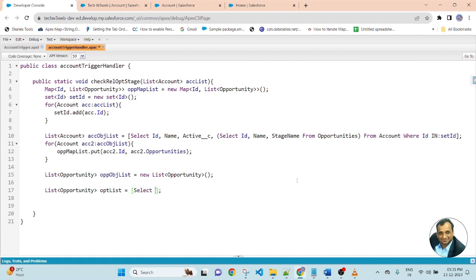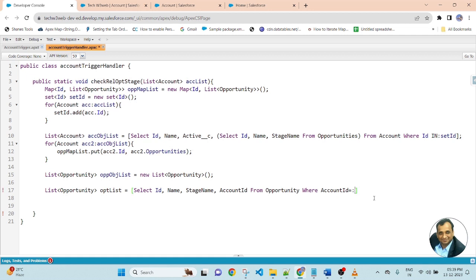Select ID, name, stage name, account ID from opportunity where account ID equal to colon, pass the variable.